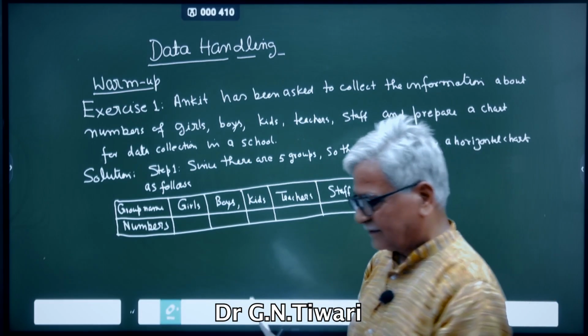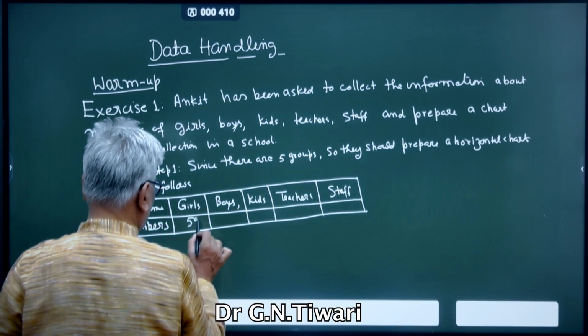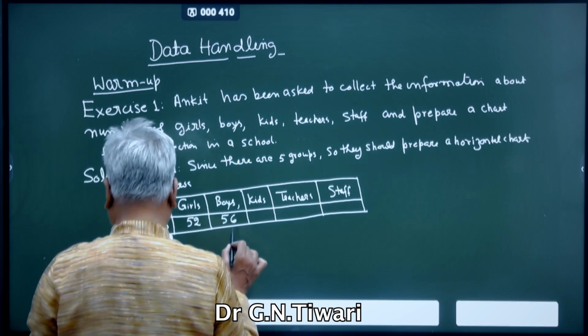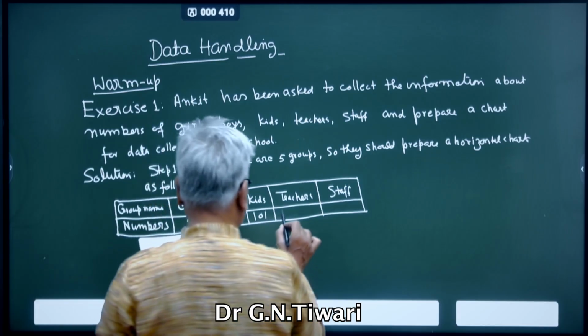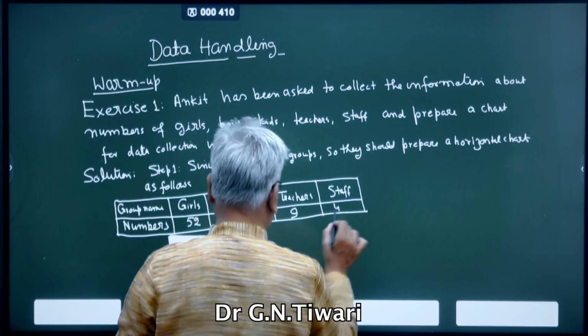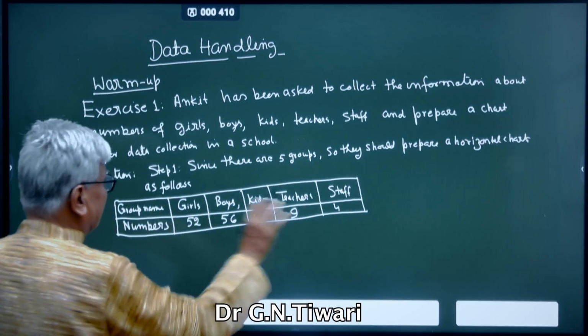Just for example here, girls 52, boys 56, and kids 101, and teachers 9, and staff 4. अब देखिए, अब ये कैसे प्रिपेयर किया? स्टेप 2,